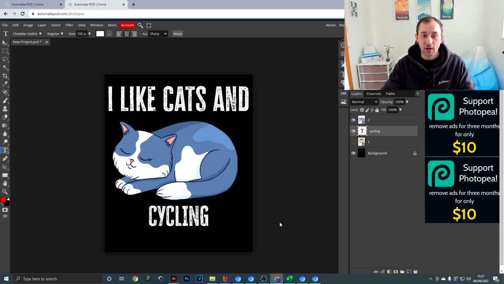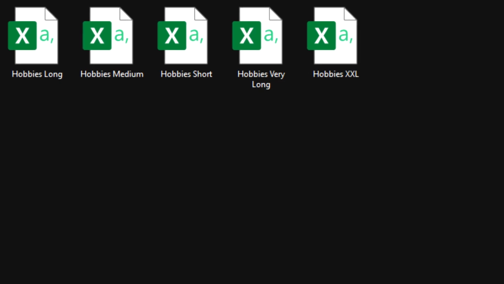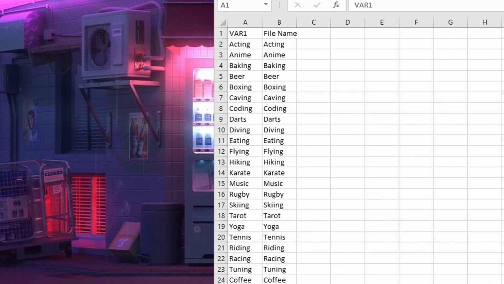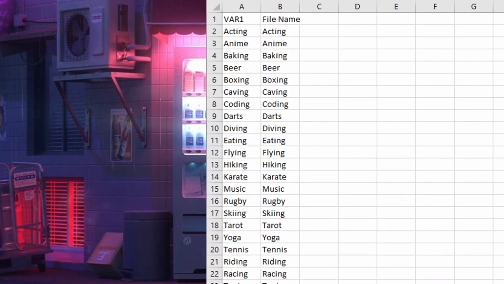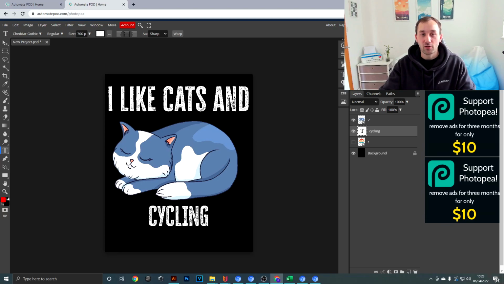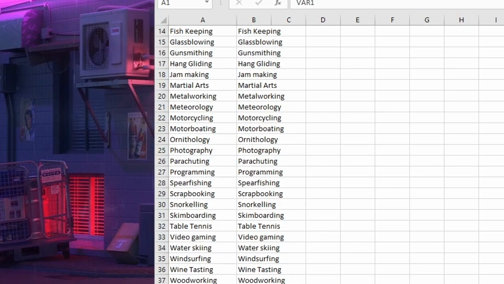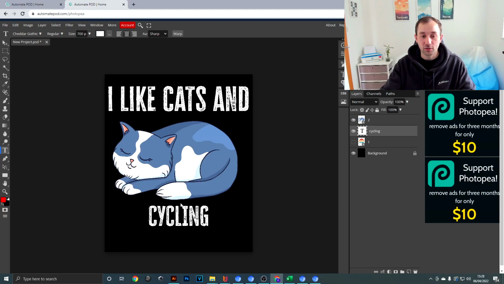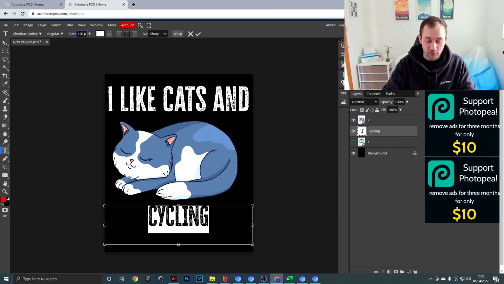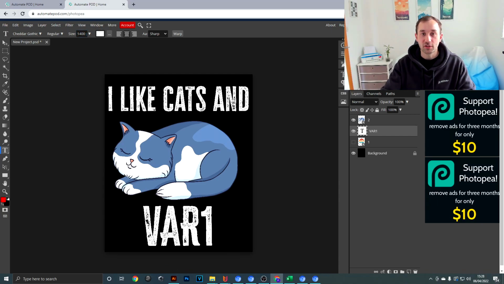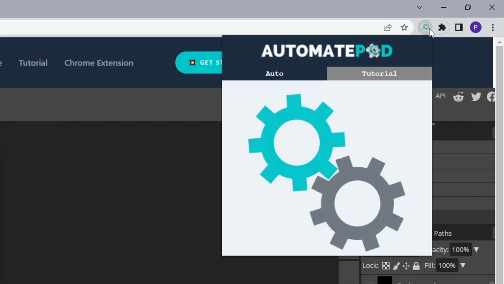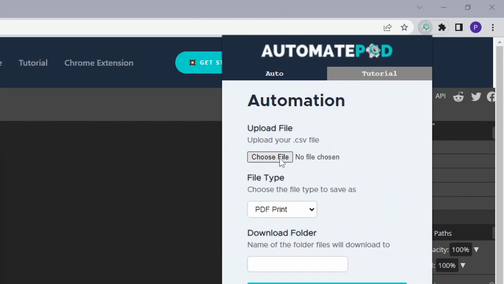The way to get around this is to create separate Excel files that can then hold short words such as cycling, fishing, dancing, those sort of hobbies, and then create other files that have longer words such as bungee jumping, fish keeping. So what you then have to do is do a few different runs for this design. One where the text is set very big, so change this to VAR1, then we turn off the background layer, hit the Chrome extension, choose file, and